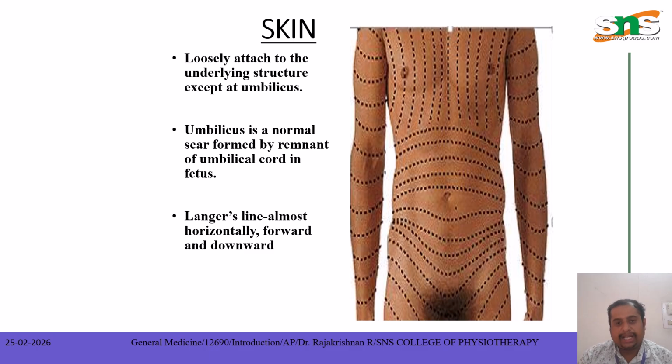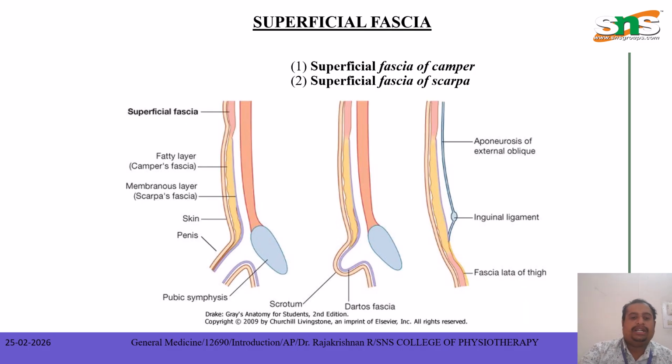The Langer's lines run almost horizontally, and forward and downwards. These structures are called Langer's lines in the abdomen. These are the structures where we do surgeries. These are the structures where we make the cuts inside this region. As we see that